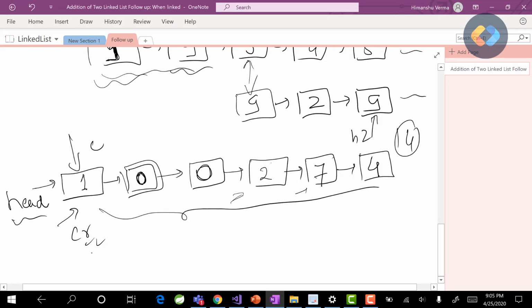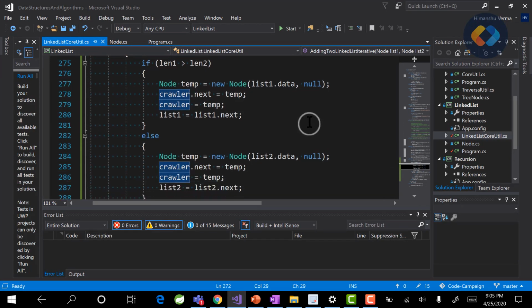So initially we'll have 0 here, our carry pointer will be pointing here, crawler will be pointing here, and head will also be pointing here, right? And after this we created this node, copied the value from here to here, which is 9, and we moved the crawler pointer here, right? And as the value of this node is 9, we will not move our carry pointer here. If this would have been 8, we would have moved our carry pointer also here, right? So sorry, this is 9. So let's go back into the code. That's what we are doing here.